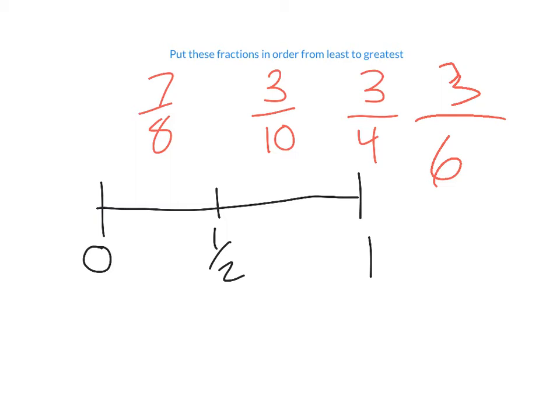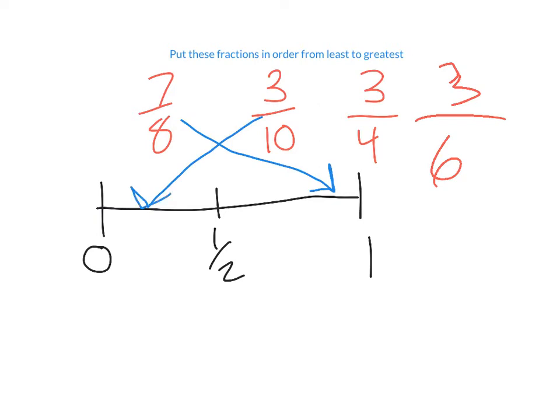And I want to look, well, 7/8. Is that closer to 0? Is that closer to half? Or is that closer to 1? Well, 7/8, I know that's only one part away from being one whole. So it's going to go right about here. 3/10. Well, 3/10, that's a lot away from being one whole, because I would need 7 more parts to be one whole. And I would need 2 more parts to be in half, so I know 3/10 has to go